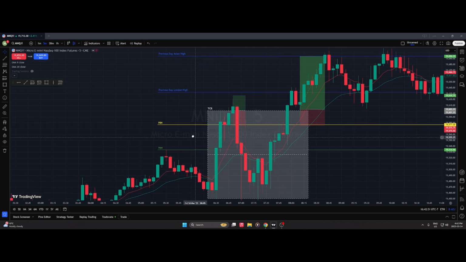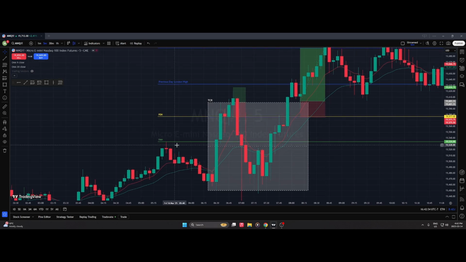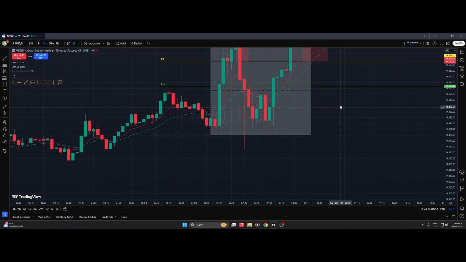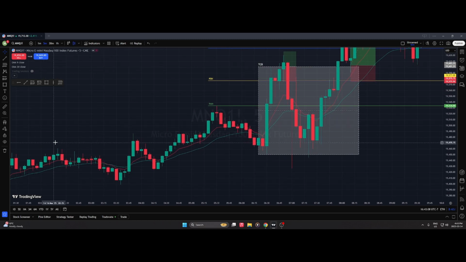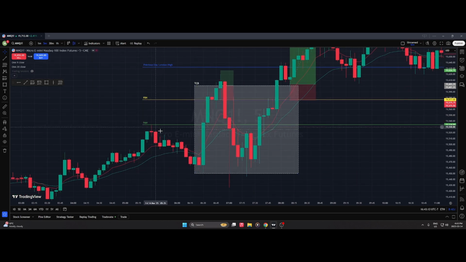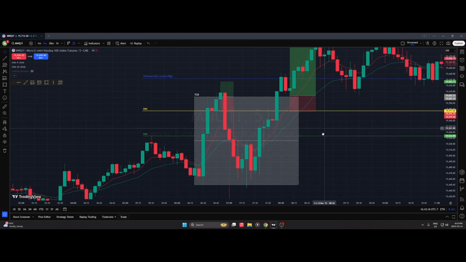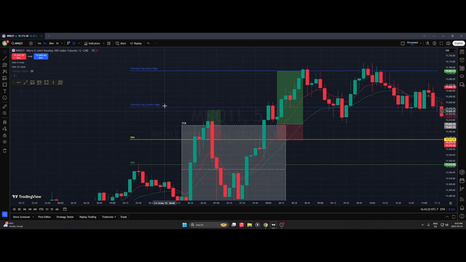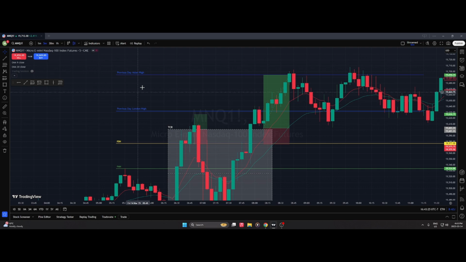So the areas on the market, the charts that I marked out were previous market high, so London highs right here, previous day high, and then previous day London high and previous day Asian high. The reason why I marked these two levels out is because we opened up trading above Asian highs, and on top of that we swept pre London highs in the first 5 minute candle. So I had a bullish bias for the day, and I just wanted to mark out these levels because this is the draw on liquidity.